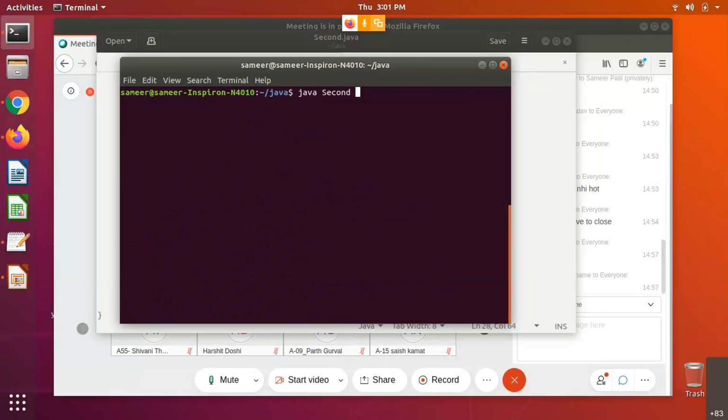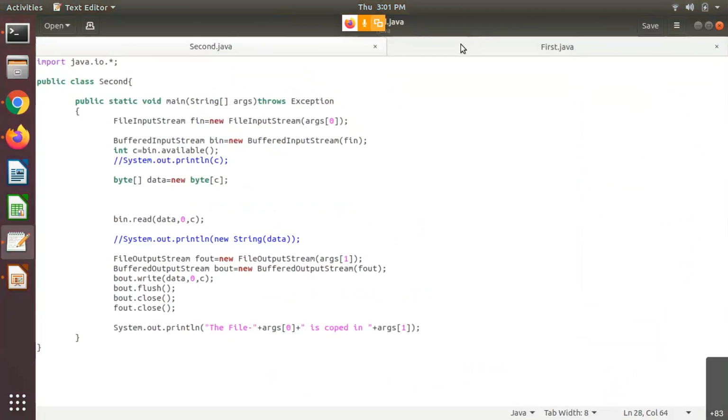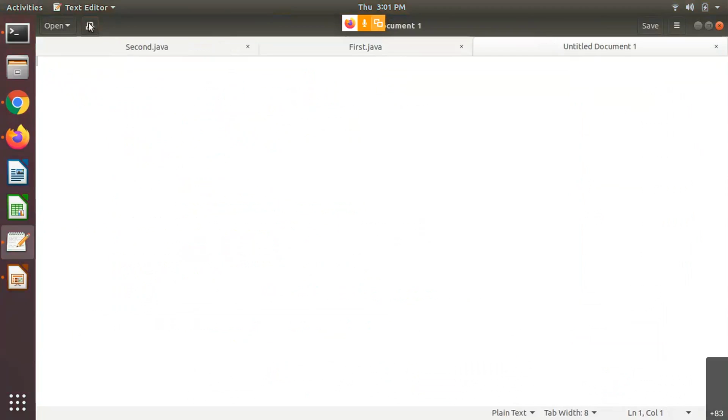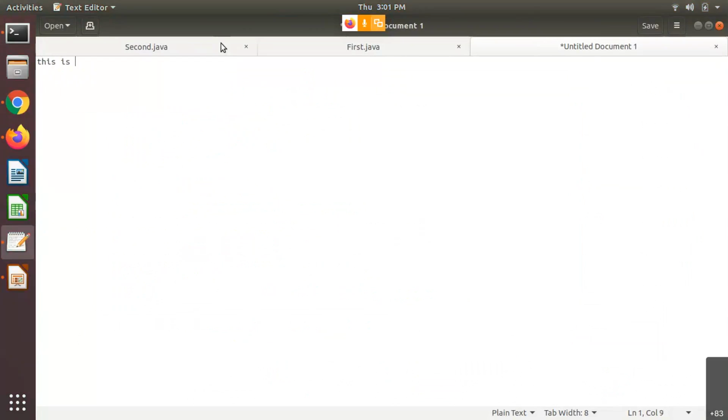Now the real task is, your program has used a byte, one byte to represent one character. What if your program uses 2 bytes to represent one character? In that case, this program is not going to work while performing a copy operation. For example, in gedit itself, if I create one more file, let's say this is copy of